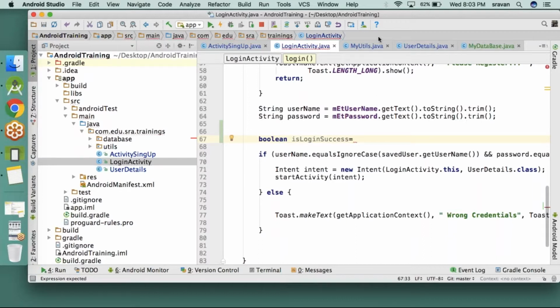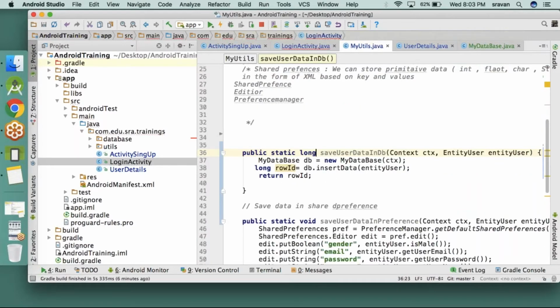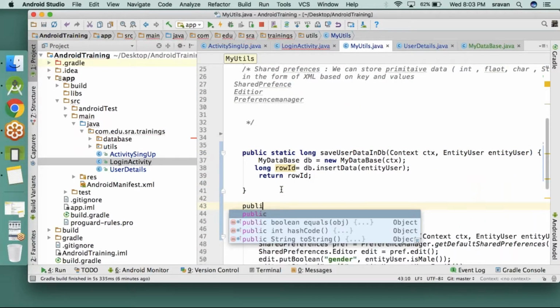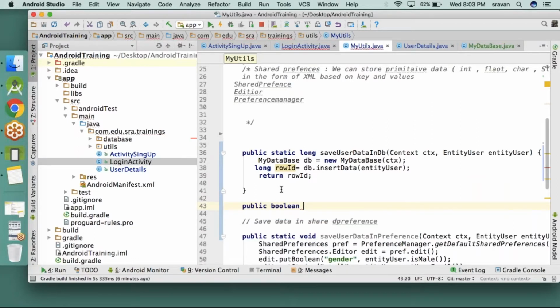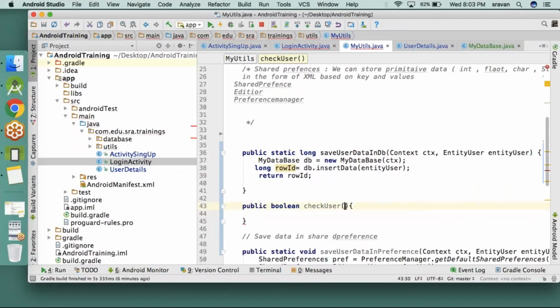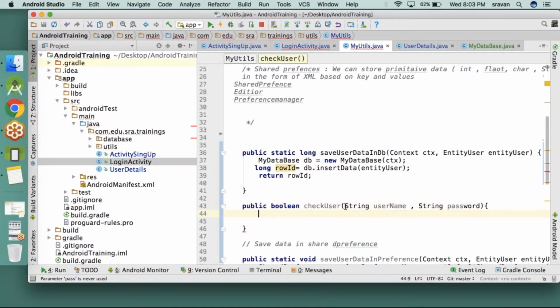So what I need to do here, instead of writing the business logic here, public boolean check user. To this check user, I need to pass username comma password.